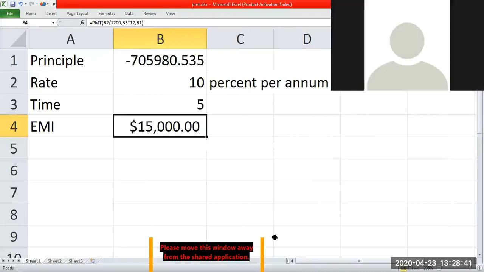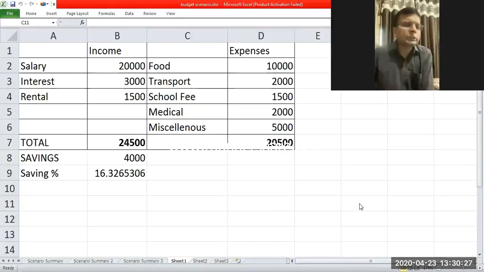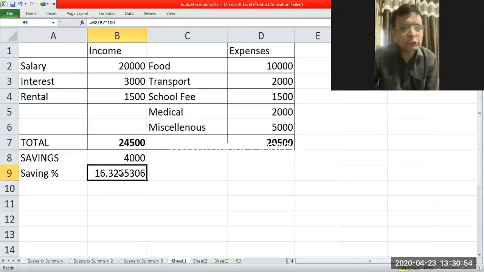Okay. One more example that we can take for this. Now, one more example for your Goal Seek. I'm using the same budget sheet that we prepared for a family, right? So again, we have so many variables in this sheet, and there are 2-3 formulas that we have applied. One formula we have used for calculating total. The second formula we have used for calculating expenses. The third formula we have used for calculating savings, and the fourth formula we have applied for savings percentage, right? So all the 4 formulas are actually resulting in the savings percentage calculation, right?